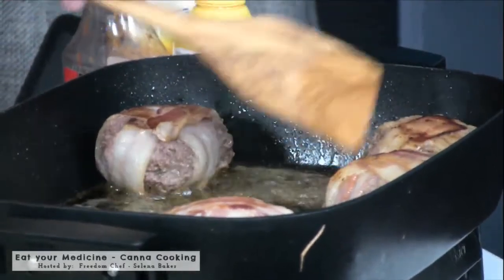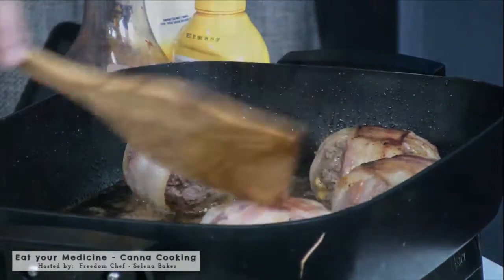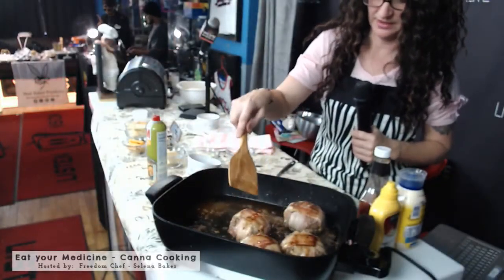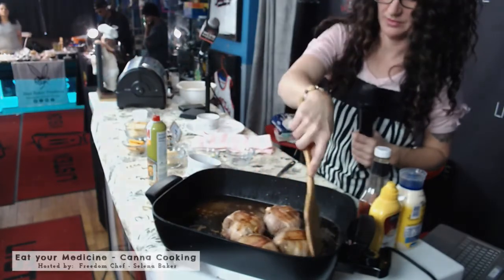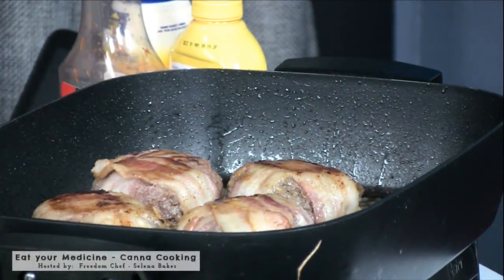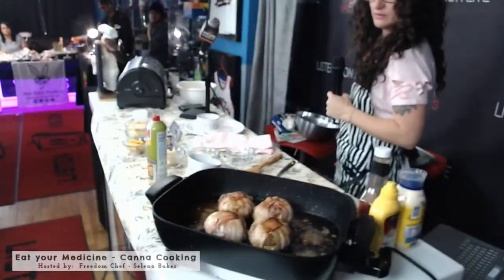So with the ones that you guys put cheese in the middle, try to make sure you seal them pretty good. I can see the cheese seeping out of both sides of these, which is not really that big of a deal. But it probably didn't help that I squished them a little bit. I'd say we probably got about 5 more minutes on those guys. I don't think that they're going to be done by the time that the show's over. So what I'm going to do